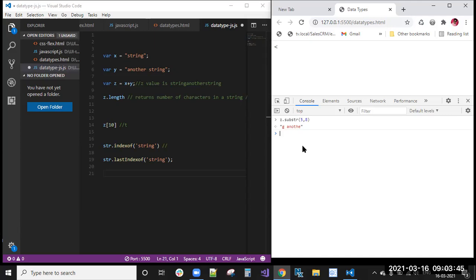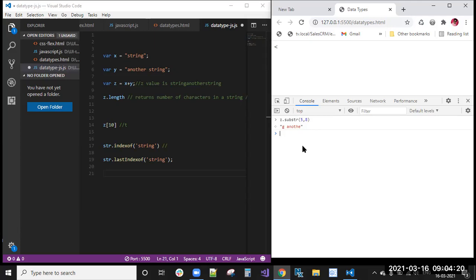The substring method and the slice method are almost equal in their searching, but the difference is that the substring method will not accept negative indexes. Then the substr method and the slice method both accept two parameters, but the substr method also accepts negative indexes.